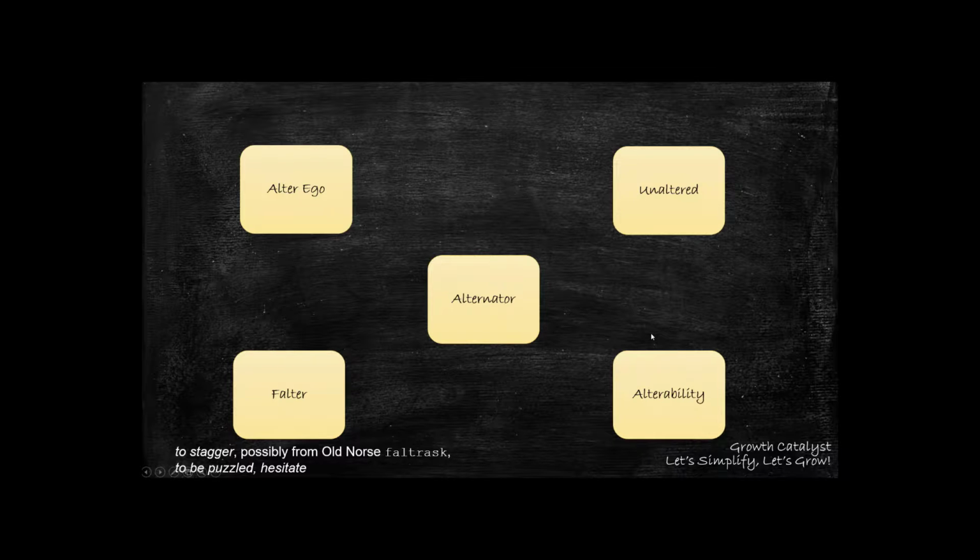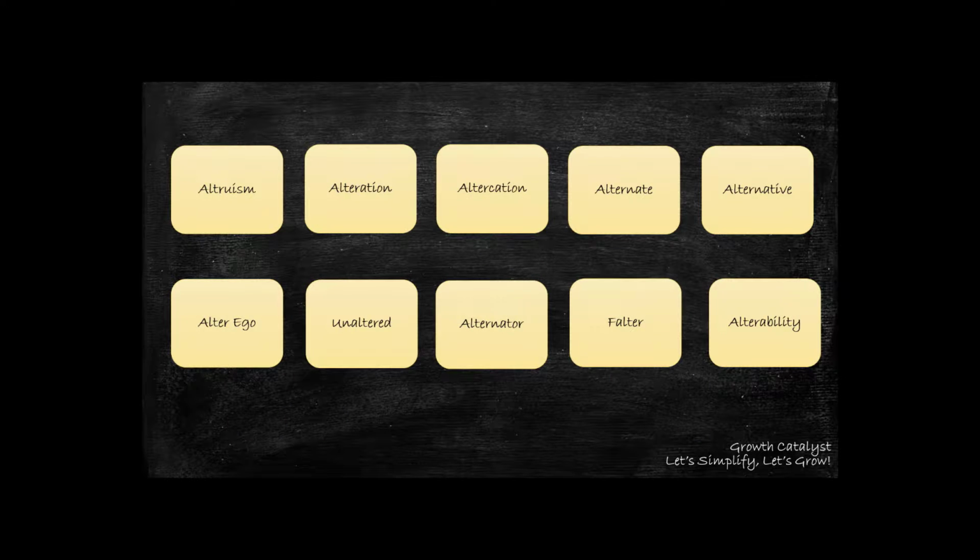So let's just go through these 10 words real quick again. Just glancing at these words now, I'm sure you understand how the word root of alter is coming into play. Let's go through these quickly now. Altruism, for the benefit of others. Alteration essentially is about a conversion, changing to other form. Altercation, a noisy quarrel, happens because you have other ideas or other views.